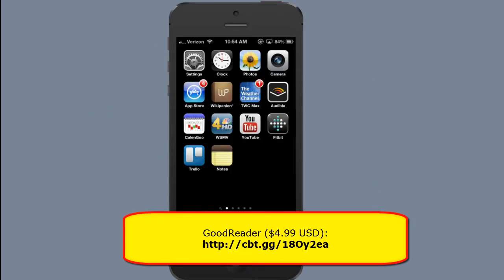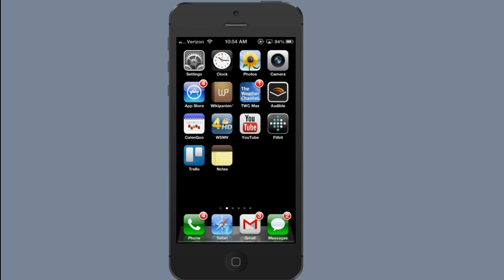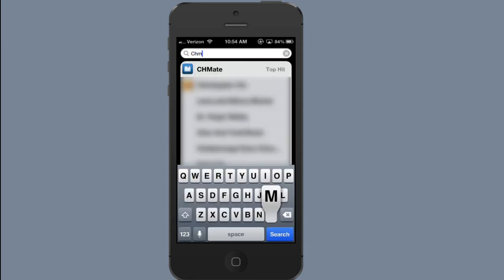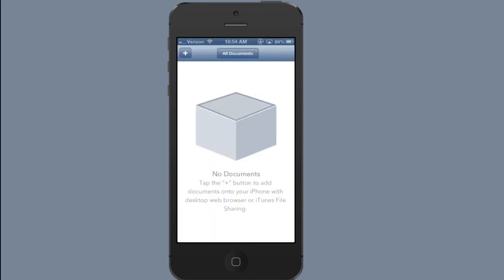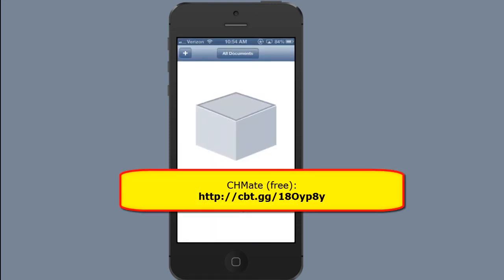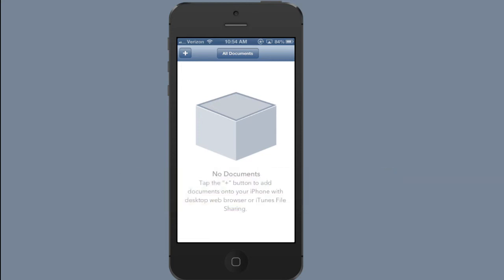They have many ways for you to get PDFs onto your iDevice. There's a browser interface. You can use Wi-Fi. Of course, you can use iTunes to synchronize content back and forth. So that's what I use for PDF. For CHM files, I use an app called CHMate. This is excellent for reading compiled help CHM content that normally you wouldn't think would be readable on an iDevice,